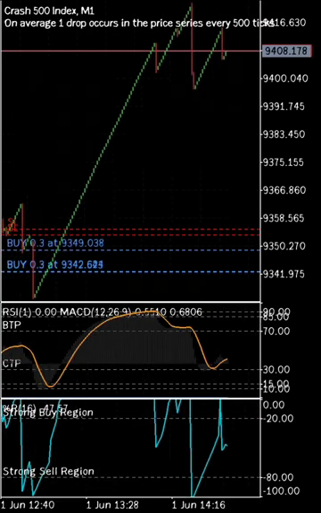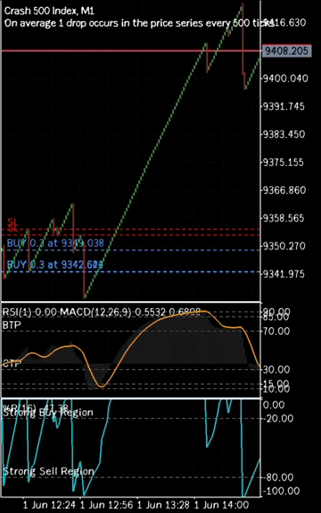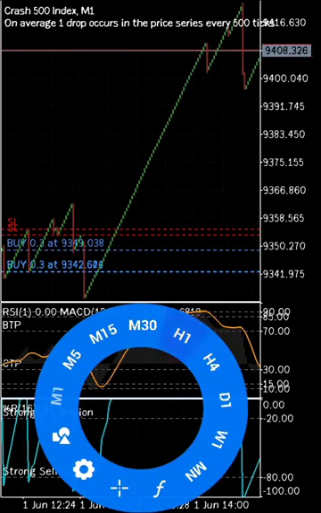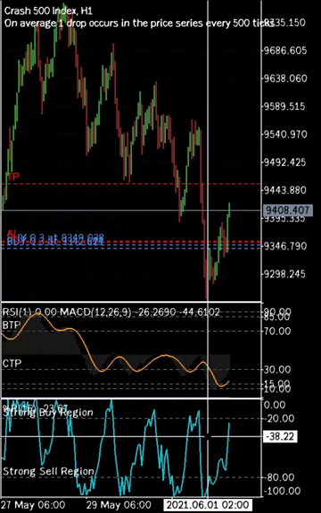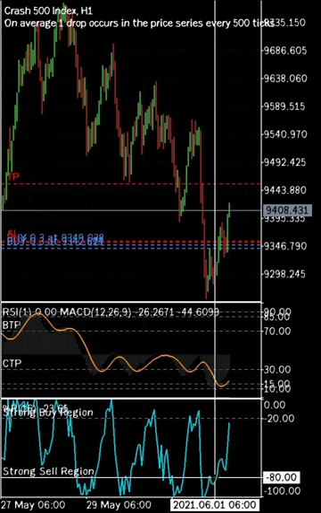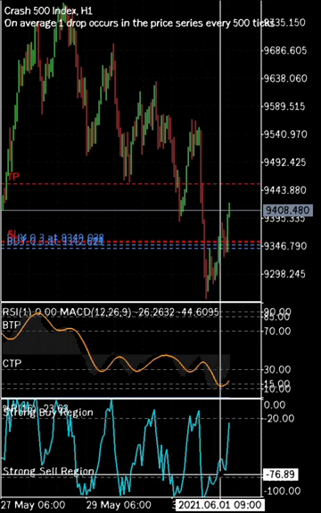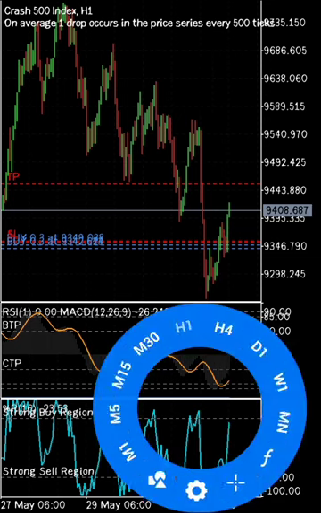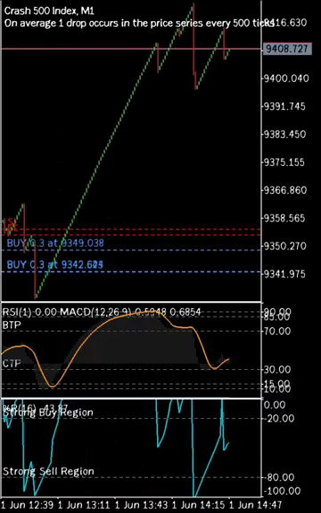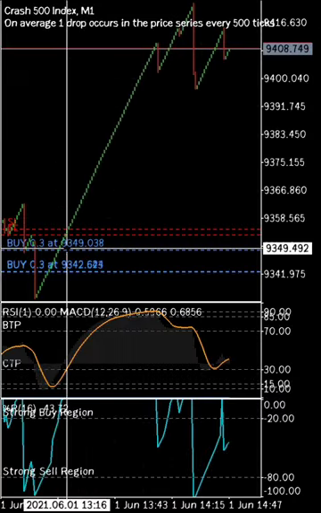Okay. Now, what are your entry reasons? The first thing you want to do is you come and check on the 1 hour, and then you see. Why I took this trade was because there was a breakout from this strong sell level. The market broke out, although it was a late entry, but seeing that I've been using this indicator for a while, I understand how it works. So after the breakout, I knew that this market was going to buy, and then I came directly down to my 1 minute and I entered for a buy at this level.